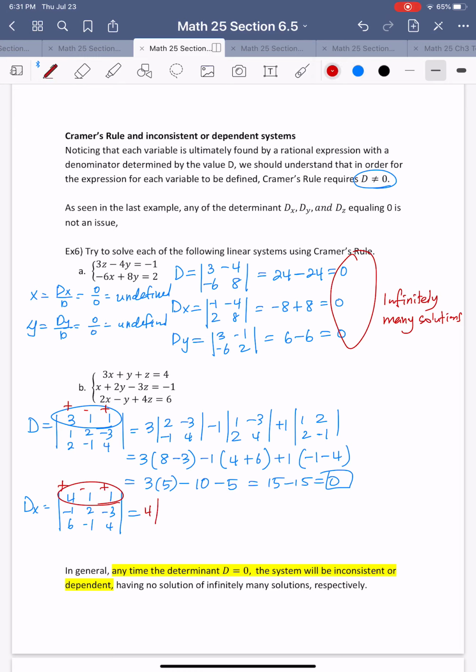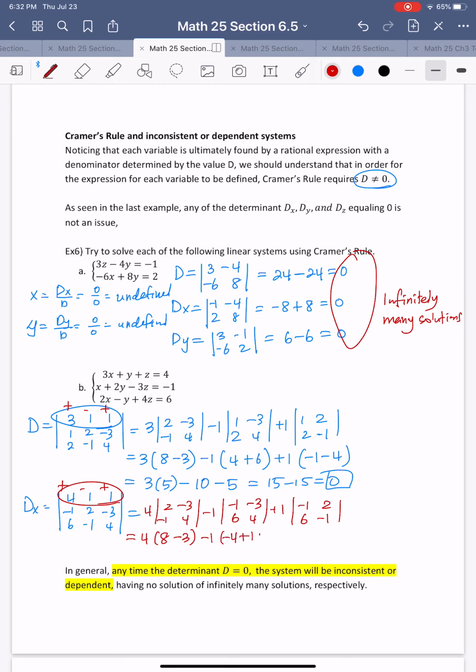So 4 of, I have a 2, -3, -1, and 4. Minus 1 of -1, -3, 6, and 4. And plus 1 of, I got -1, 2, and 6, and -1. And then in order to find the 4, 8, and then plus, minus 3, minus 1 of